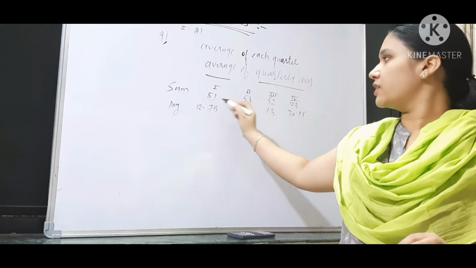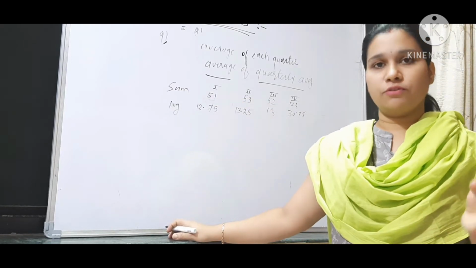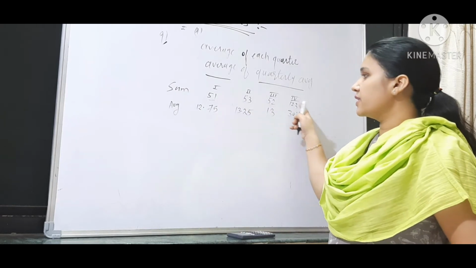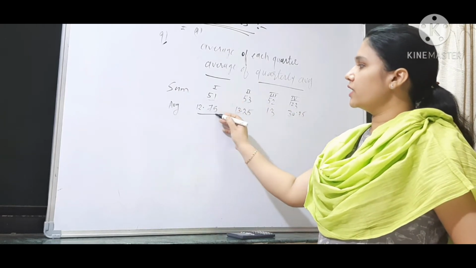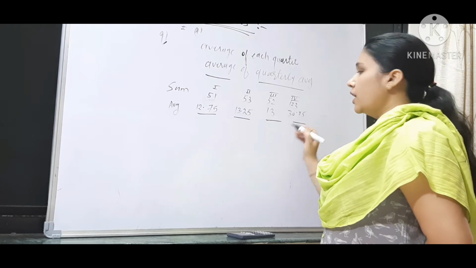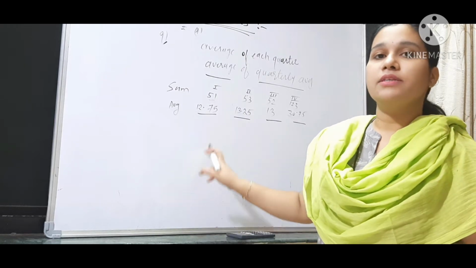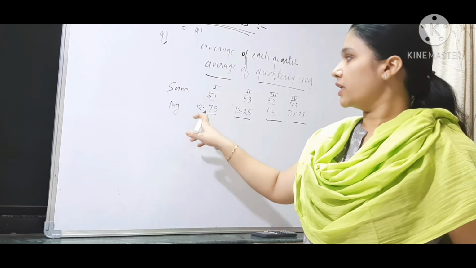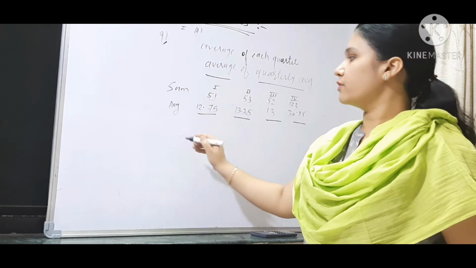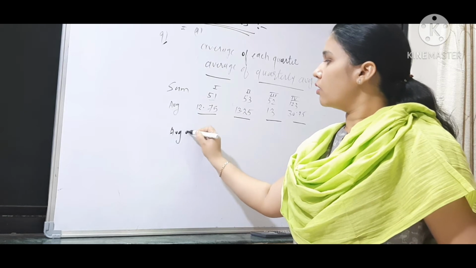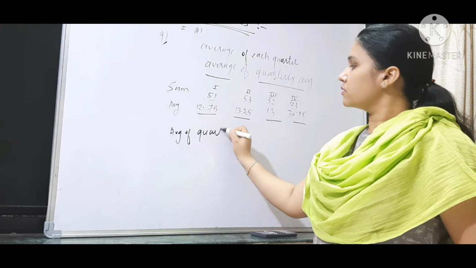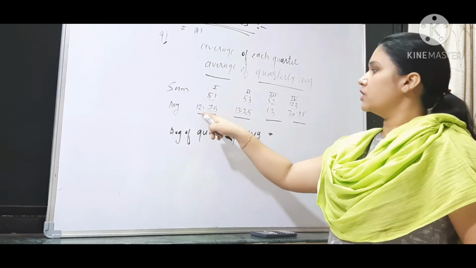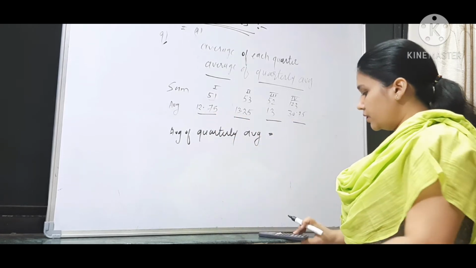I have directly written the sum. I have not written the data; you will find the data in the question. So directly take the sum of all the quarters, then divide that sum by 4, you will get the average, and we have to compare this average with the average of the quarterly averages. Means again take the average of these quarterly averages. Now I will find the average of the quarterly averages. So what will be that value? This plus this plus this plus this divided by 4.